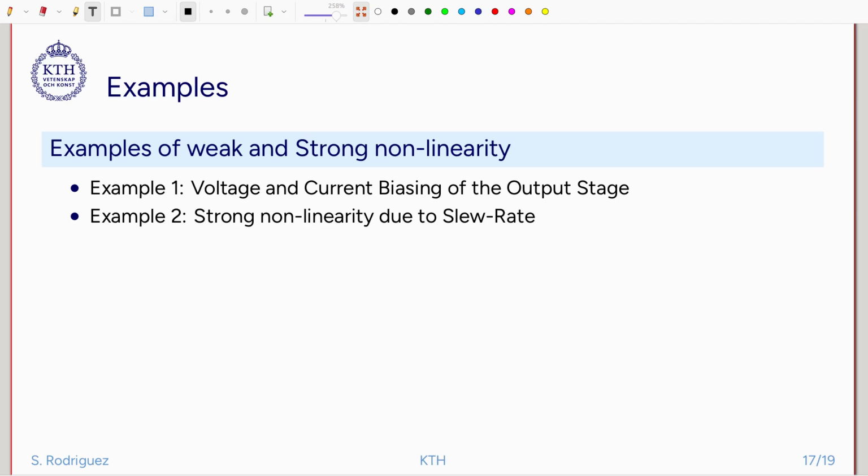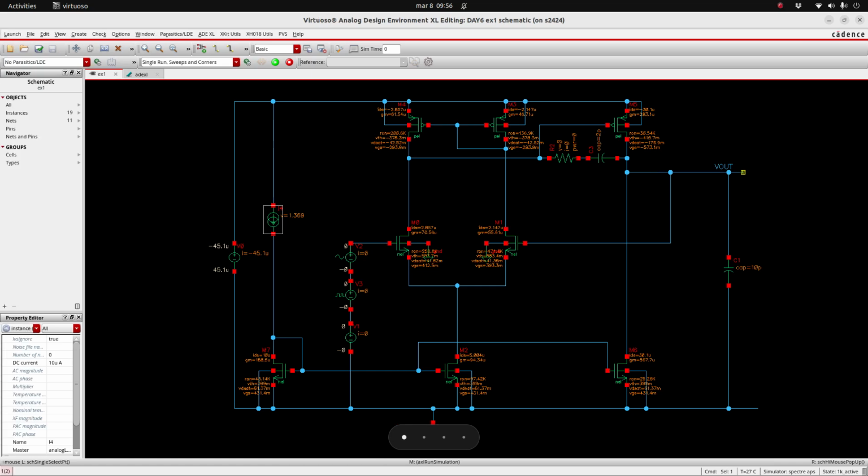The next example will show the effect of a slew rate on the linearity performance of an amplifier. For this example, we have exactly the same circuit as before with slight modifications. So now this amplifier that has been connected as a voltage buffer will be driving a load of 10 picofarads. The amplifier itself contains a compensation capacitor of 2 picofarads, and the biasing current for this circuit is 10 microamps,